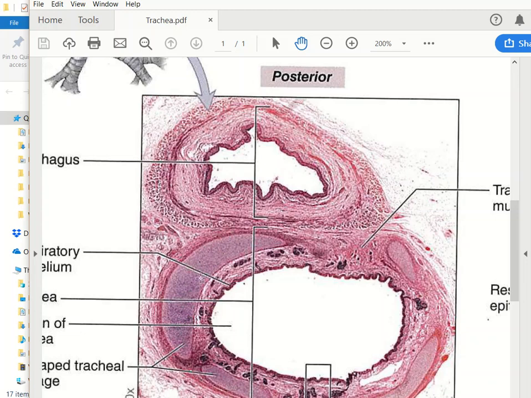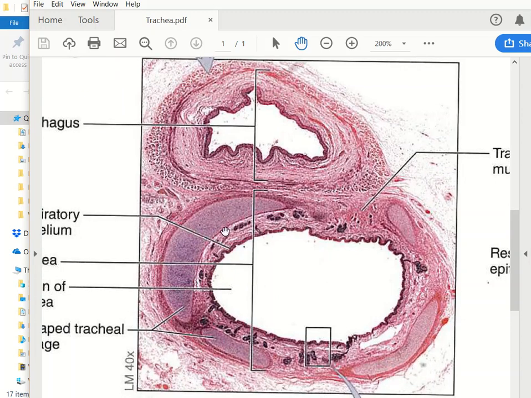So the cartilage that you see in these little, it almost looks like a darker purple here, that's going to be indicative of your trachea. Now this is something you're going to be talking about in the GI unit, but all of these stratified squamous layers, along with the muscle, this is your esophagus. So remember, makes perfect sense because this trachea sits anterior to your esophagus. So I want you to look for this trachea,